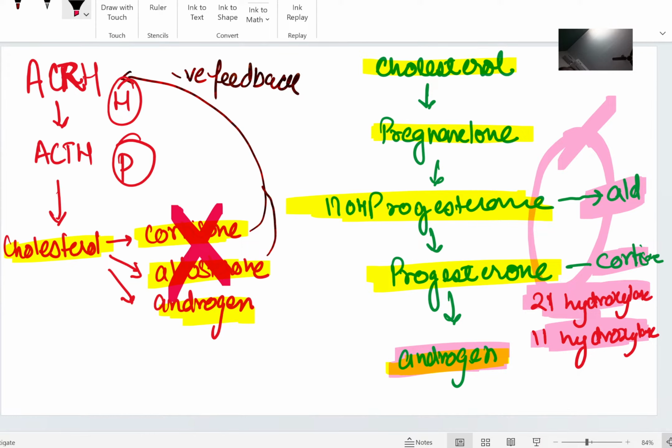So there will be no negative feedback, because the changing of cholesterol into cortisol, aldosterone and androgen occurs only two times, one in the morning and one in the evening. The negative feedback is given by cortisol and aldosterone. Now when there is 21-hydroxylase deficiency, there is no formation of aldosterone and cortisol. As a result,